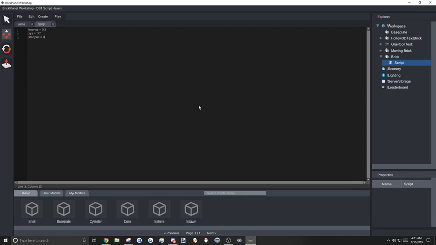That will also be customizable. And we are going to go down here and add max X, max Y, max Z, or min X, min Y,